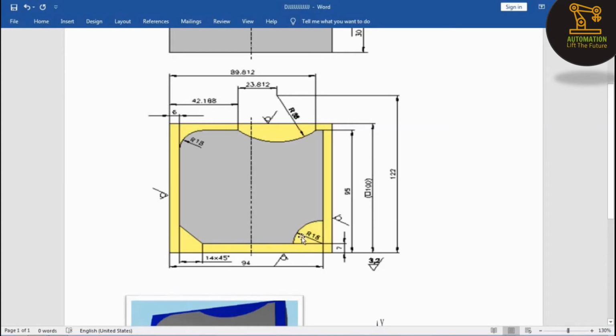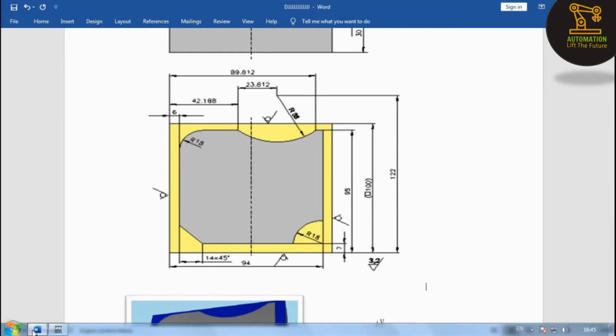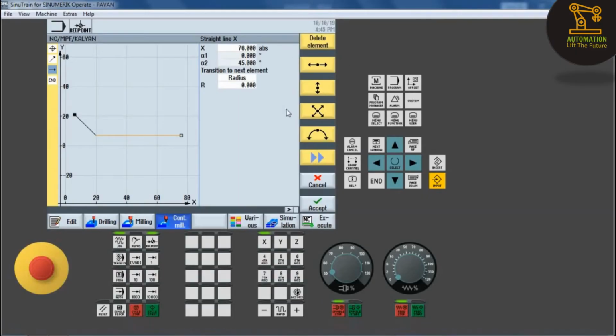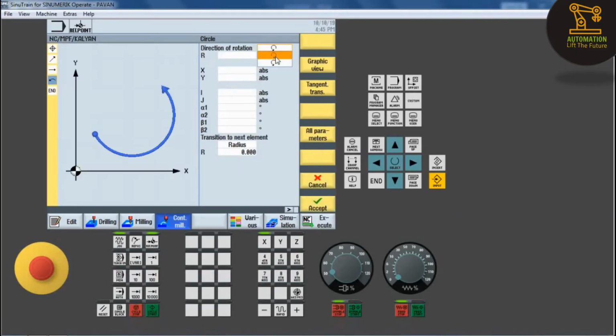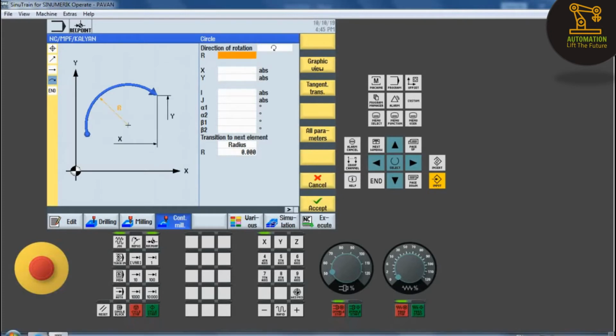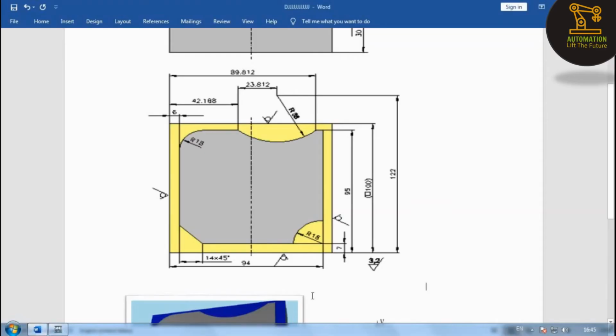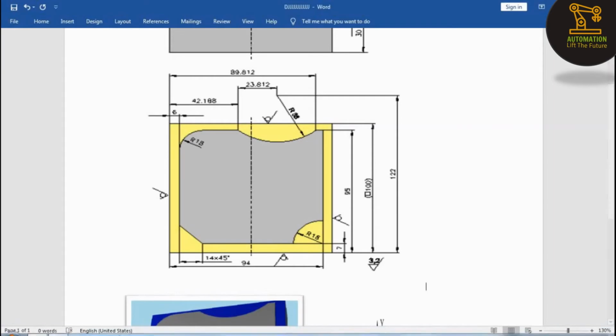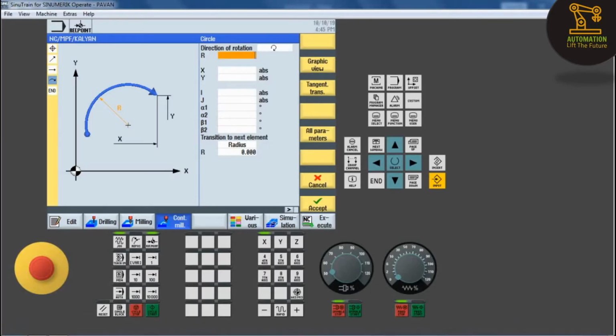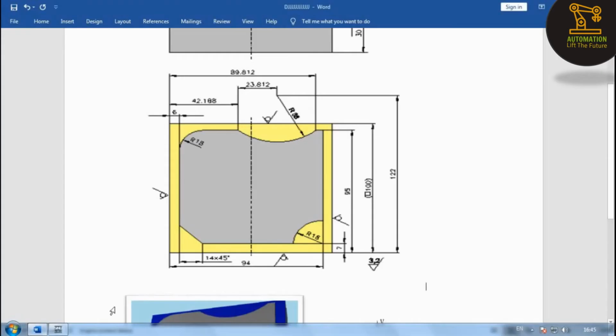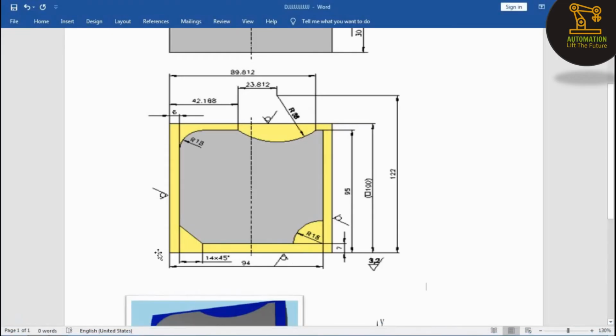And then this is the circular motion. We have to click on circular motion with clockwise direction with radius 18. Here we have 18, so give radius 18.